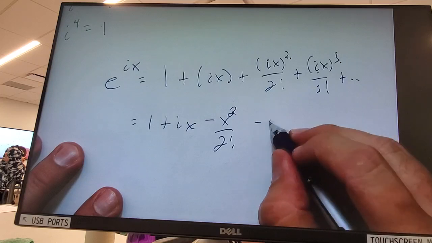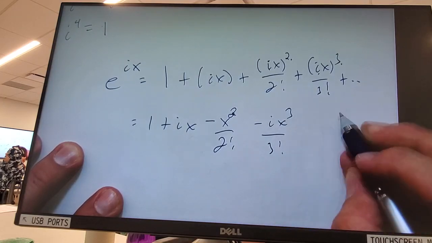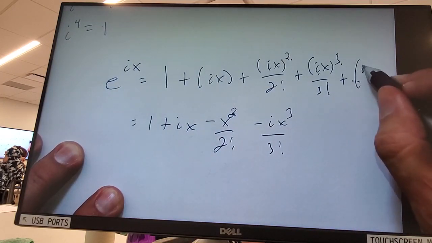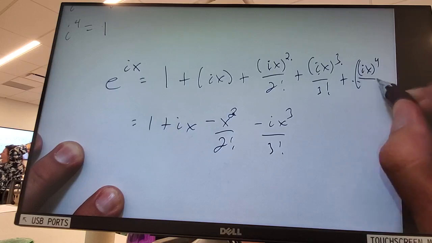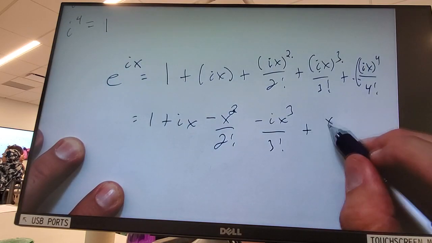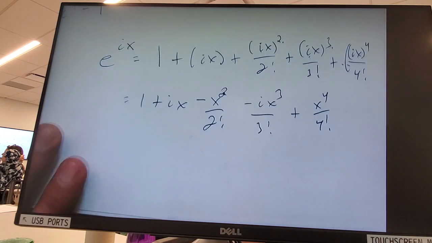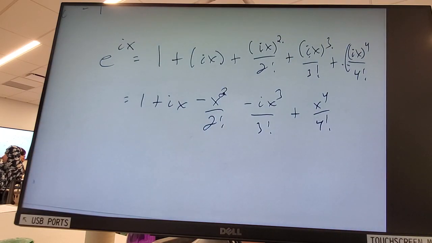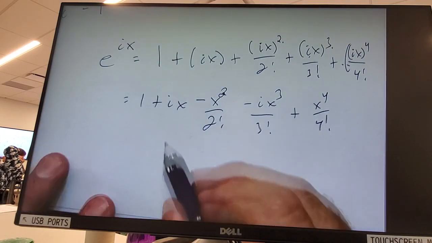Negative i, so I get negative i x cubed over 3 factorial. One more up here. This would be plus x to the 4th over 4 factorial. Y'all with me? Do you see how these guys,